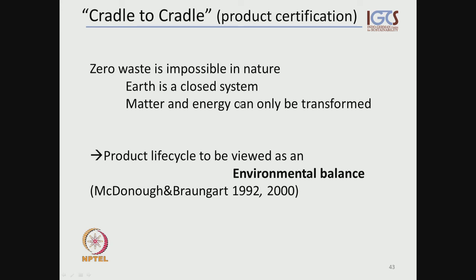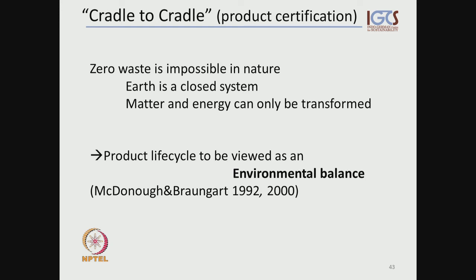In nature, it is not possible because our Earth is a closed system, and any matter, any materials and energies can simply only be transformed. We cannot create new material or new energy, additional energy out of our system. So there's a constant transformation, and what is a waste to one becomes an input or a source of food